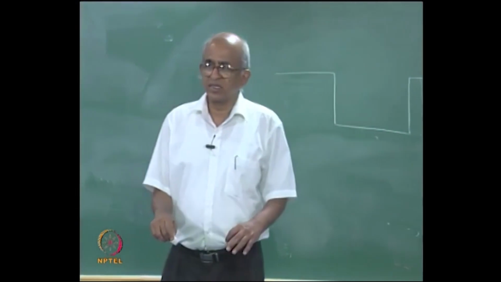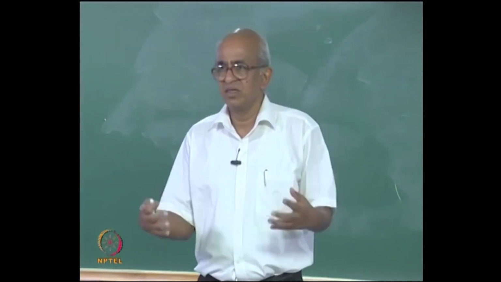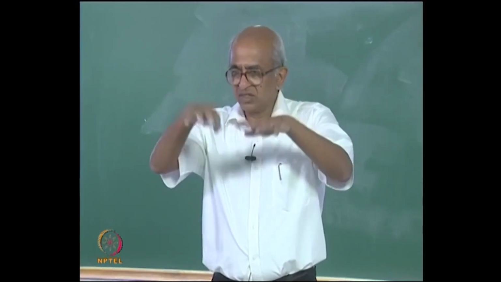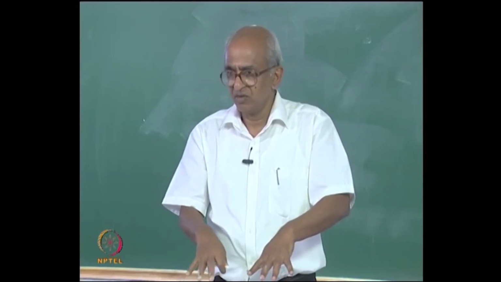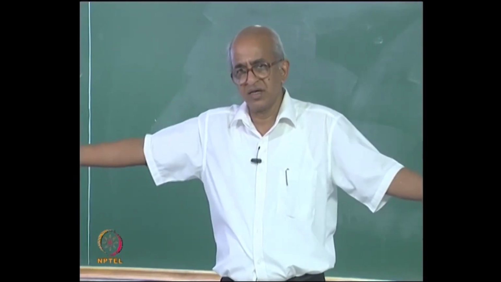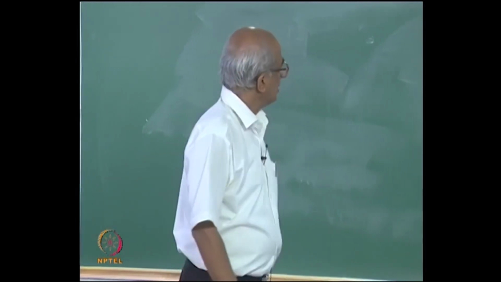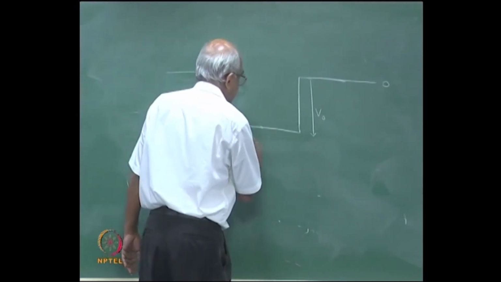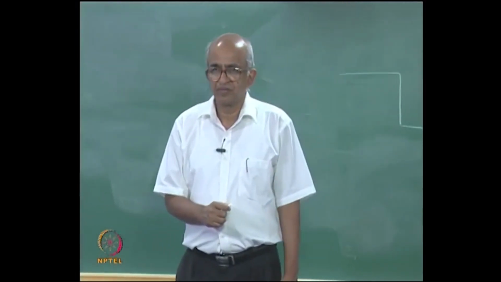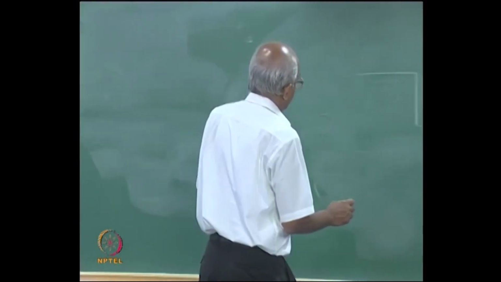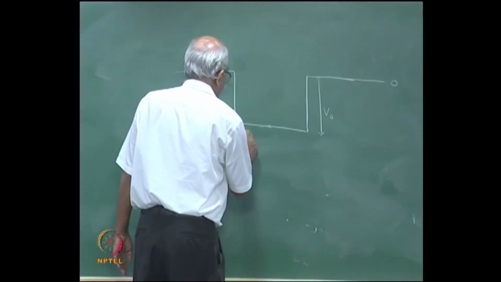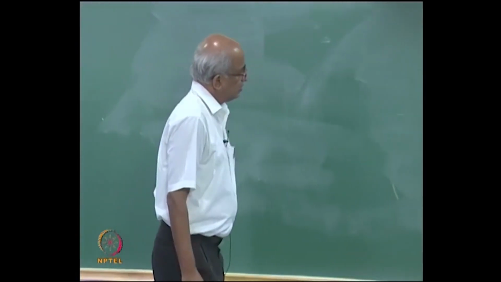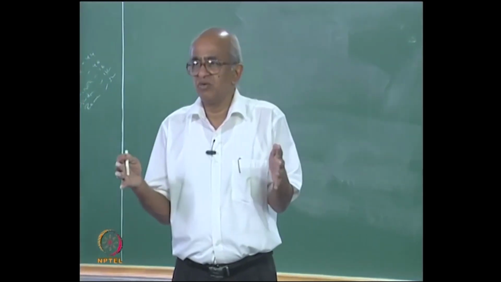So, if the particle is inside the box, its potential energy will be minus V0, because within the box the potential energy is low. But if it is outside, the potential energy everywhere is 0. And also it is convenient to have my coordinate system in such a fashion that the origin is right at the middle of the box, and the box will, let me say, extend from minus a to plus a. So, that the total length of the box is now 2a,